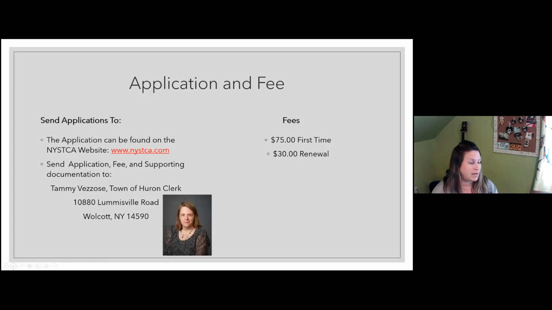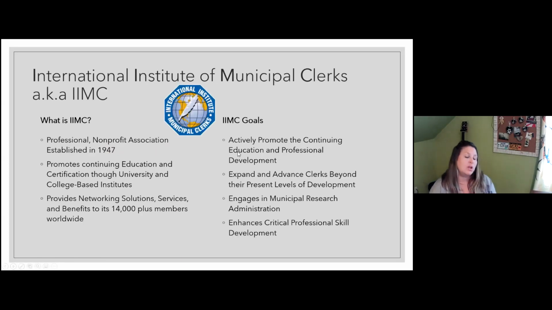So moving on from the state association, we have another association that's available to us as municipal clerks, and it's the International Institute of Municipal Clerks, also known as IIMC. It's a worldwide organization which is supported by all clerks: clerks to the board, city clerks, town clerks, village clerks.